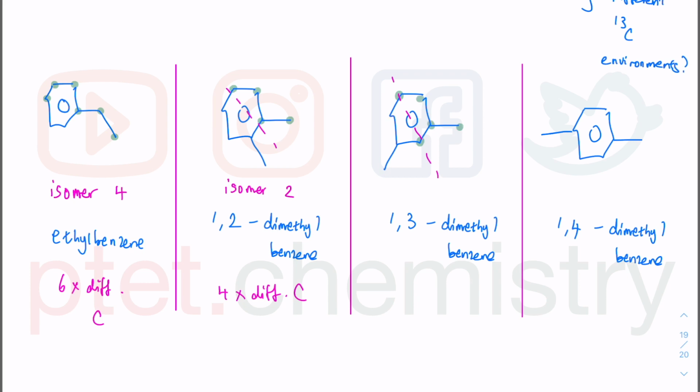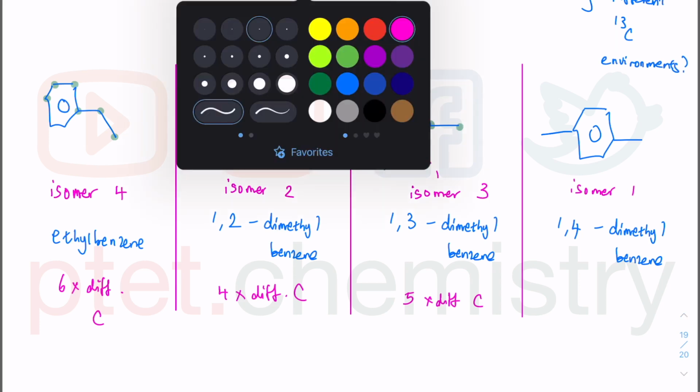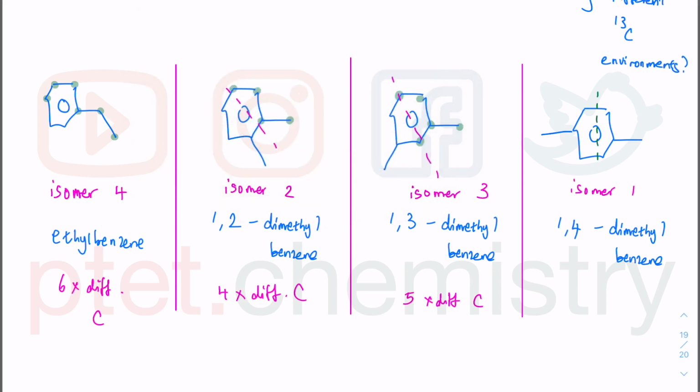Oops, not pink but green. 1 2 3 4 5. So 5 times different carbon. So there's just isomer 3 there, leaving us with isomer 1 for the other one, because this one is the most symmetrical of all. If you think about that, and if you think about through the middle here, this and